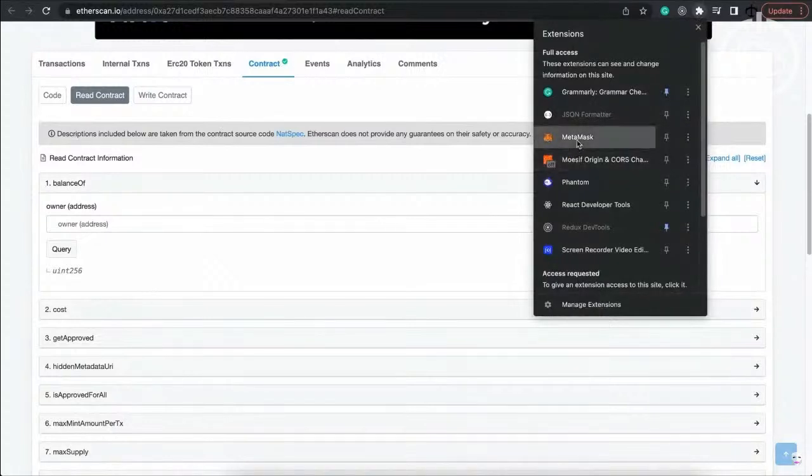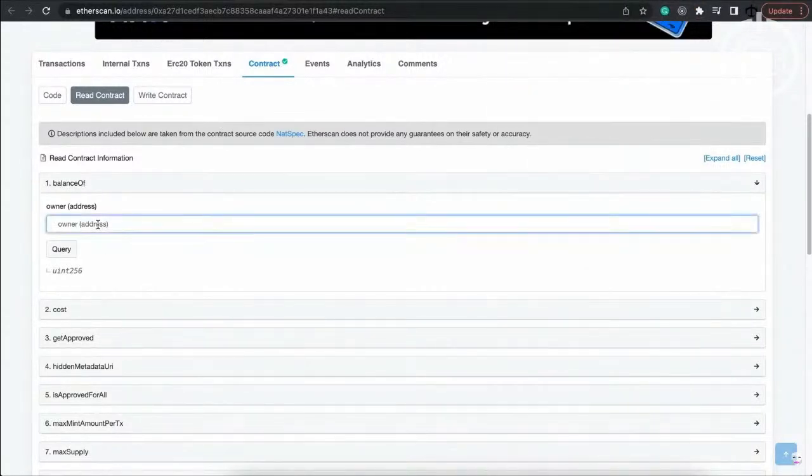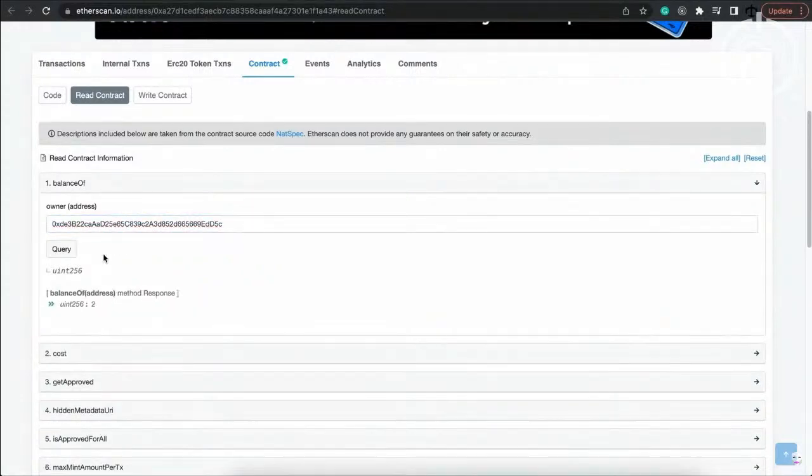So let's go and open MetaMask, and I'm going to grab my address and paste it in here. As soon as I query this, the balanceOf will return to us the amount of NFTs that this address owns. In my case, I own 2 of them. Now we can go ahead and use this value. Let's say it's 0. Then we know that this address doesn't own any of the NFTs. And if it's more than 0, yes, we do. So we can use this value as a truthy or falsy value to check whether someone indeed is an owner